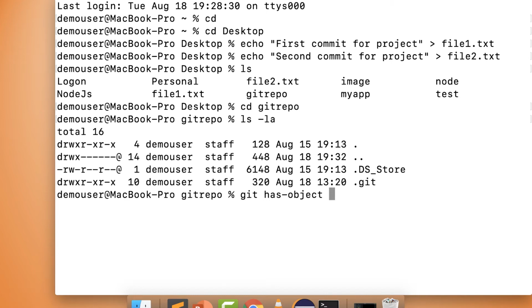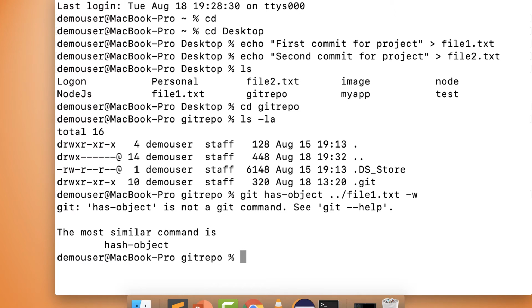In my case the file is file1.txt, but it is present on the desktop, not in the git repo folder, so I have to provide two dots followed by a slash and then the file name, file1.txt, and I have to type -w. I think I'm missing something. Okay, so we have to type it like this.